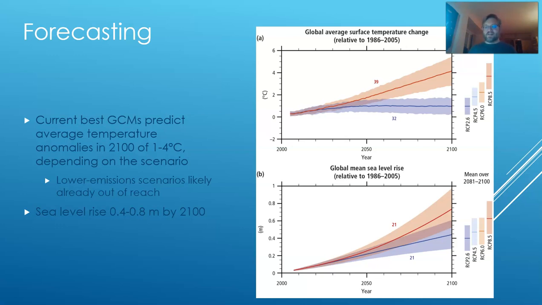Some of those lowest emission scenarios like the RCP 2.6, it's pretty unlikely that we'd actually pull that off. It's pretty unlikely that the world would actually do all the things that would be necessary to put us on that emissions trajectory that would lead to that 2.6 watts per square meter radiative forcing by 2100, and therefore keep our temperature anomaly to about 1 degree Celsius. You know, and again, this is social science, right? What are people likely to actually do? So this is a little more complex question than, you know, if we do this, what's the resulting impact on our climate? But we are probably looking at this point,